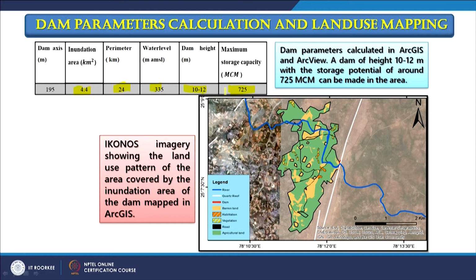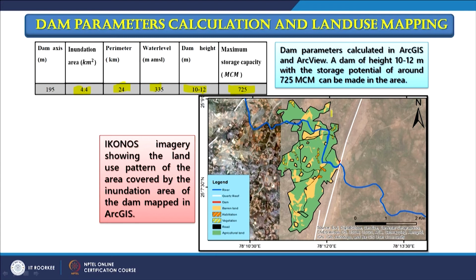All those things can be estimated before a reservoir comes, and then decision makers can take appropriate decisions. Also, using the latest satellite images, of relatively high or moderate spatial resolution, we can prepare a land use map. If a reservoir comes in this part of the country, what is going to be the inundated area, how much and which area, whether the inundation will happen in agricultural land, wasteland or built up land. And if a choice is there, we can shift this reservoir elsewhere where we will have less disturbance for humans and more benefits.